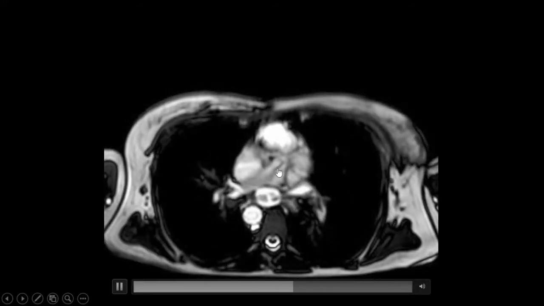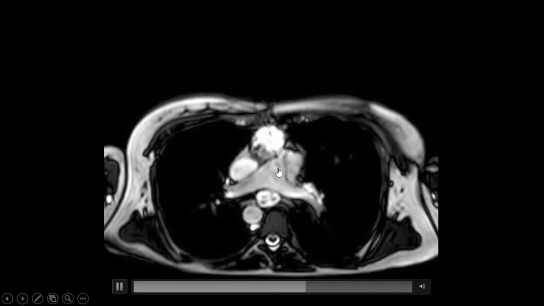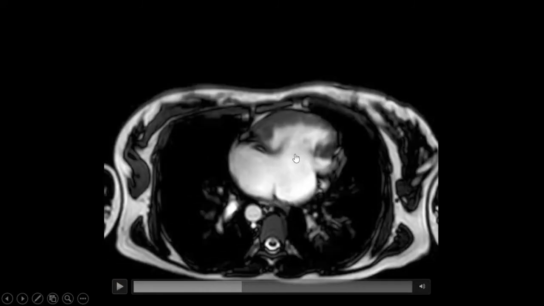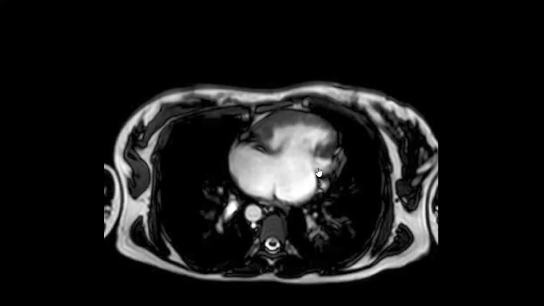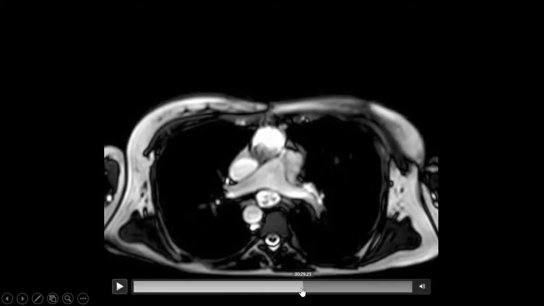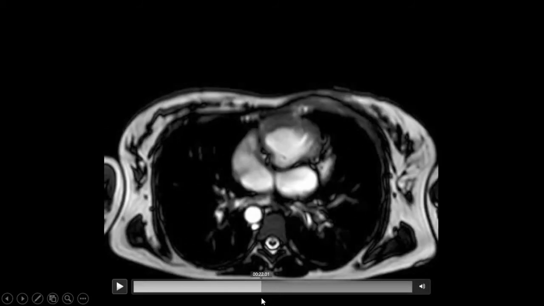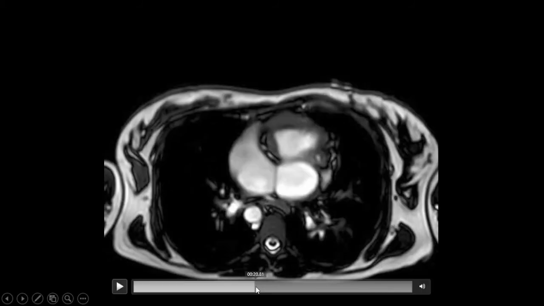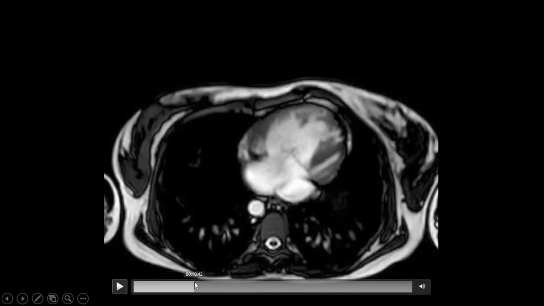There is flow acceleration seen in the pulmonary artery, suggestive of pulmonary stenosis. There is a large ASD forming a common atrial chamber morphology. There is also a large atrioventricular septal defect. Now, when we follow the flow of contrast, right SVC is seen draining into the right side of the common atrium.